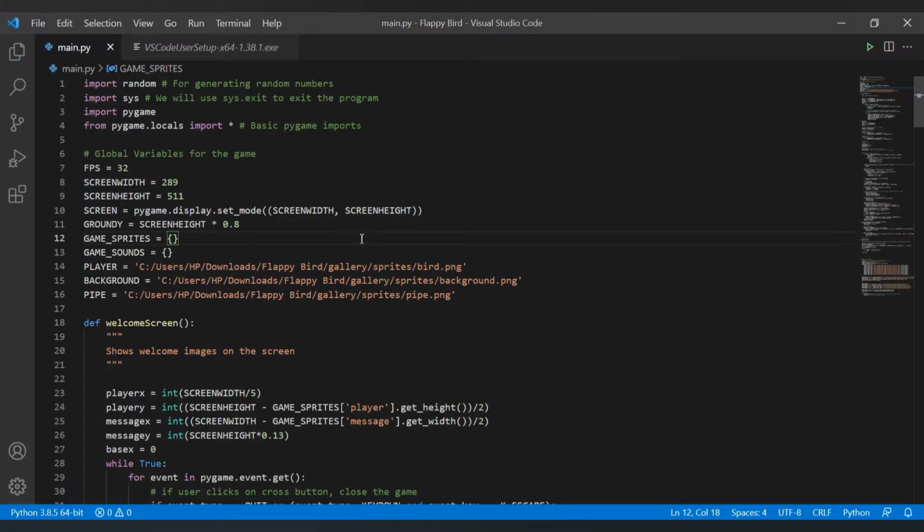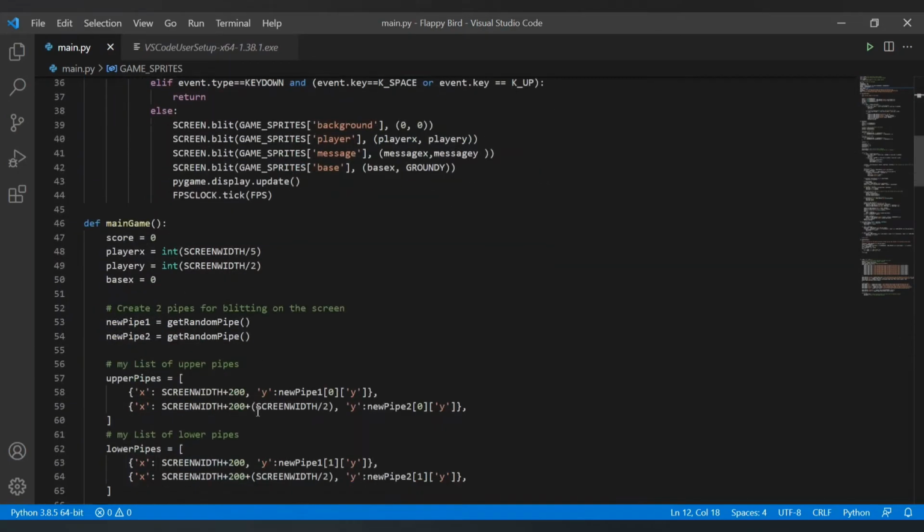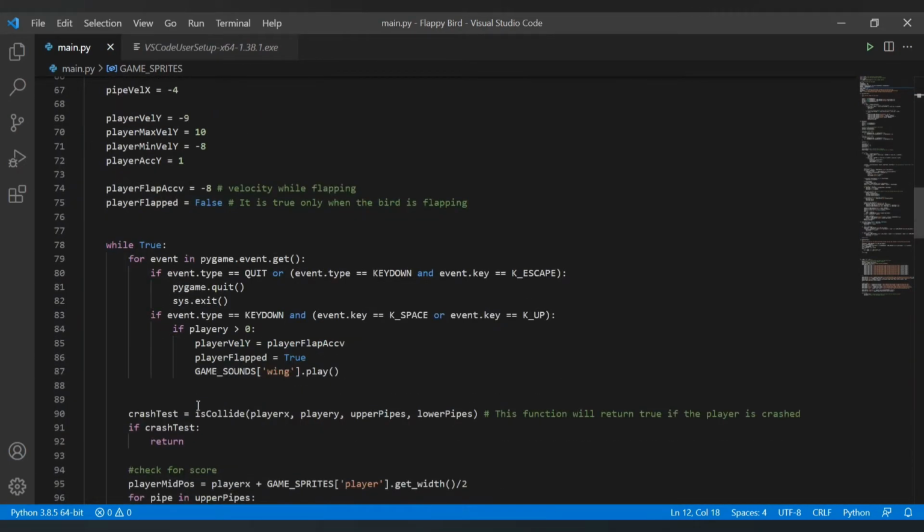Here is the main code for the Flappy Bird game. We have imported the Pygame module. Then here we have set the screen width and screen height. Here's the welcome screen function, the main game function,